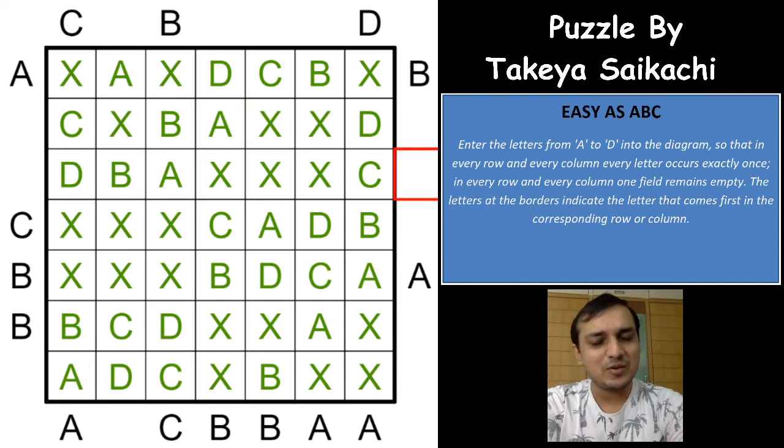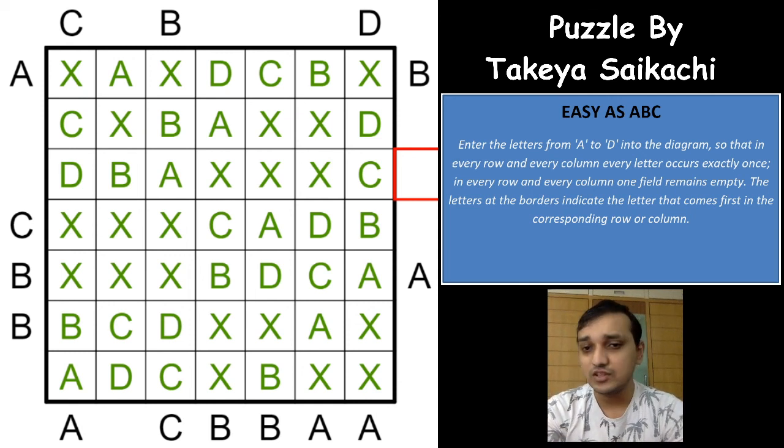gorgeous easy as ABC puzzle. From the rules it's a simple puzzle, but you can surely come across some of the very tough easy as ABC puzzles which require very much global logic, some narrow deductions, and it is really fun to solve easy as ABC because the rules are not so tough to understand, whereas very simple rules is just a Latin square puzzle, right? You just have to place alphabets, but some of the cells will have to be blank. So the number of cells which are blank will be same in all the rows and columns, right? So with that we have completed this super puzzle.